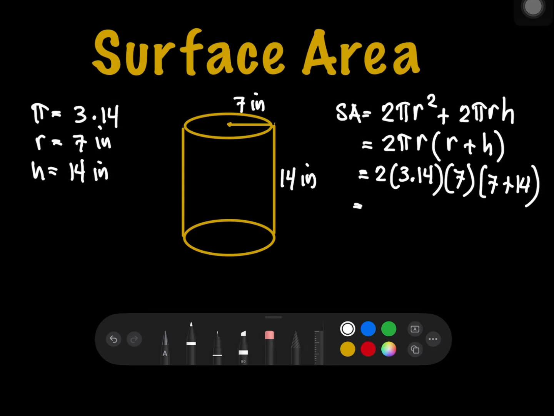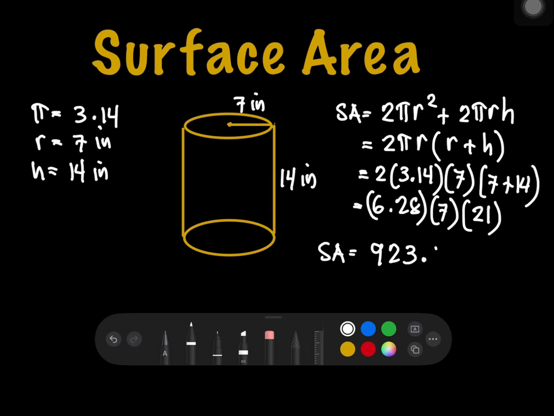Then after that, multiply 2 times 3.14, and that is 6.28, multiplied by 7, and then simplify 7 plus 14, and that is 21. So multiply all together, 6.28 times 7 times 21. So the total surface area of this cylinder is equal to 923.16